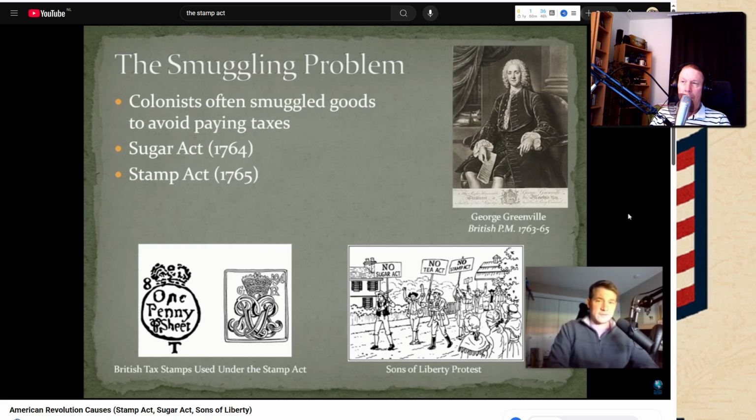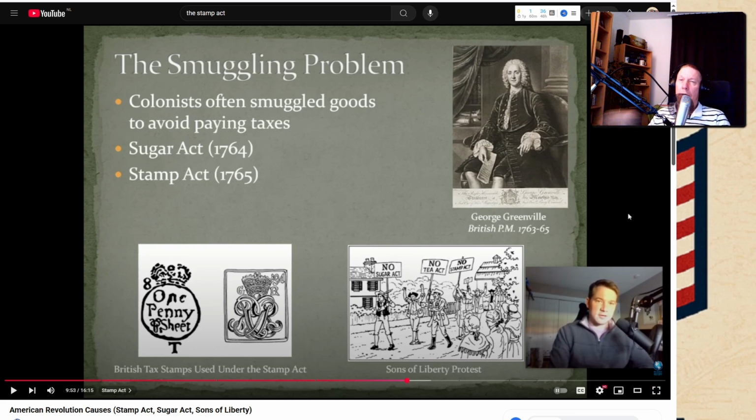It was also controversial because the colonists felt like internal taxing like this should only be decided by their own representatives here in their local elected governments. Now, the Parliament across the Atlantic Ocean over in England that was passing this tax, the colonists had no representation over there, right? They were not electing leaders to the British Parliament. So this is where that whole rallying cry about no taxation without representation